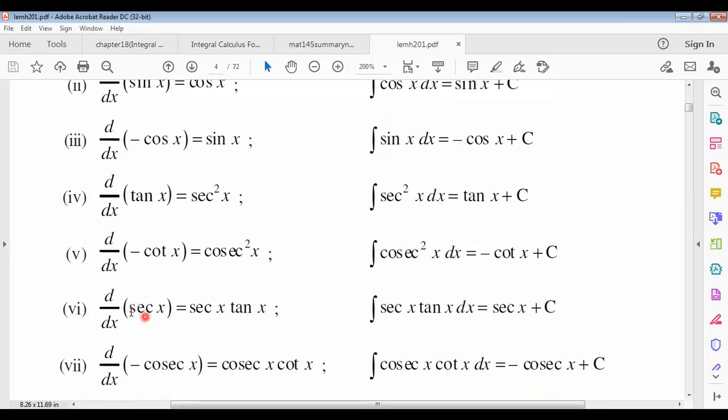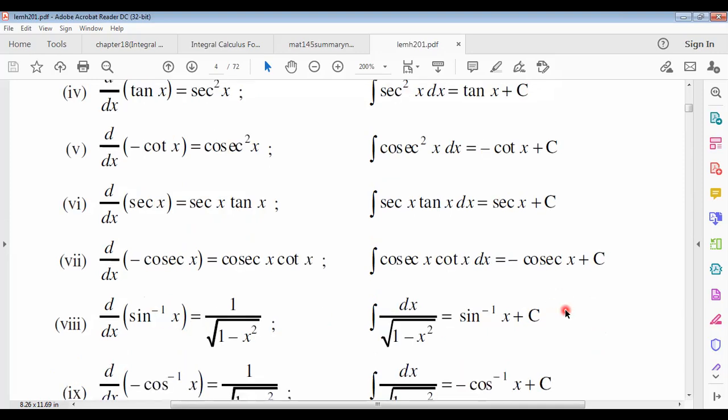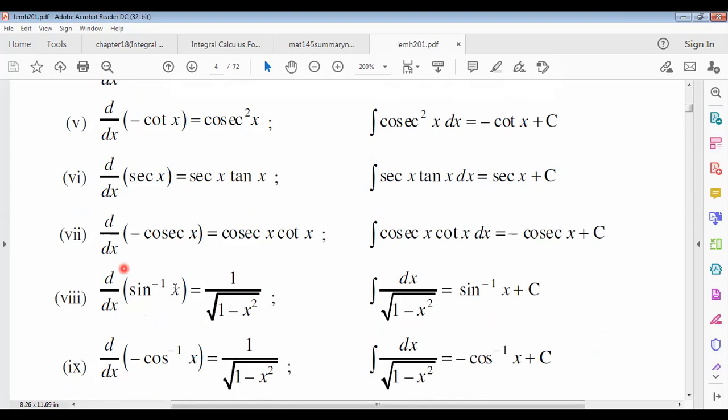Similarly, sec x differentiation was sec x tan x. But integration of sec x tan x will be only sec x. Differentiation of minus cosec x will be cosec x cot x. So integration of cosec x cot x will be minus cosec x. Number 8, the sin inverse formula: